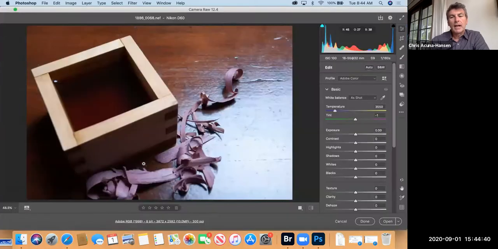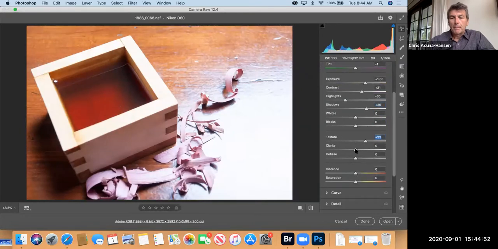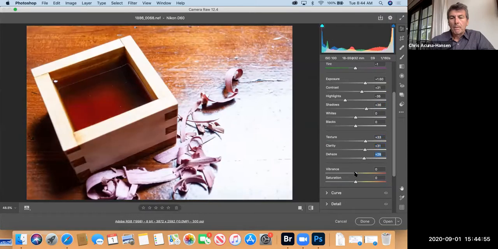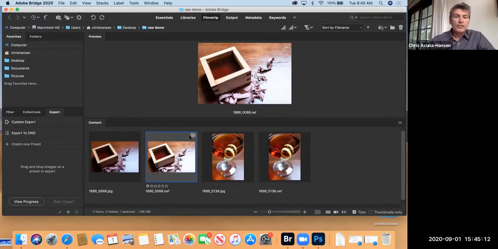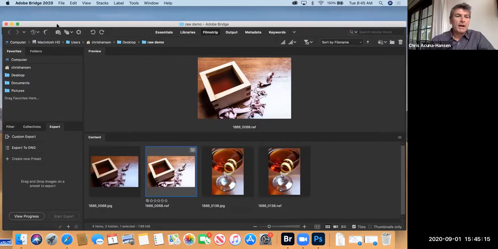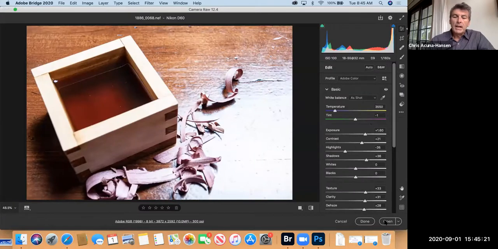Now, let's go ahead and work with it again in Camera Raw. If I made changes to it, and instead of just hitting done and having the instructions written for it, if I were to go from Camera Raw, if I were to hit open,